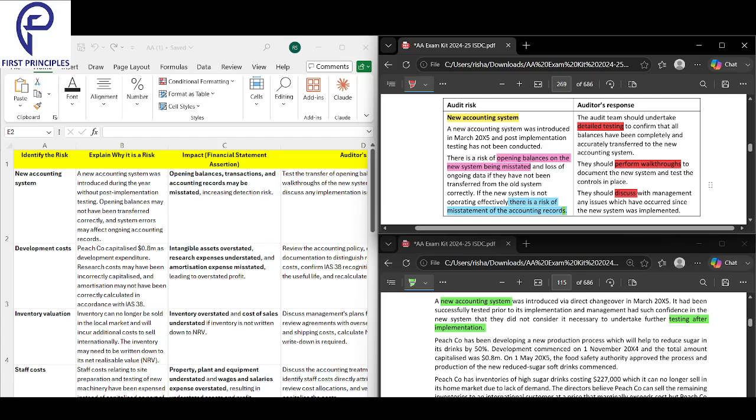Get them on a call and tell them, sir, please explain the system to me, and document everything. Whatever controls are there, test those controls. That's it. So basically, you're going to someone's house and they give you a house tour. Here, they will give you a system tour. That is called a walkthrough.